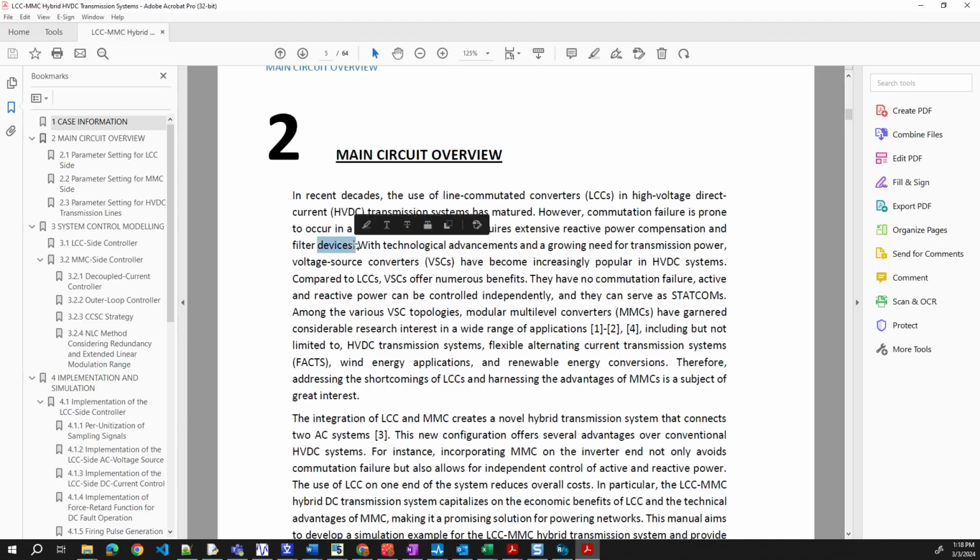The first diagram basically talks about a weaker system, especially on the infrastructure side, where we will have communication failure. And if on the other side we have a weak system, it's going to be a problem. So in this case, most of the people will choose VSC as the inverter and the LCC rectifier. With the technology advance and the growing need for transmission power, VSC has become increasingly popular in the utility system